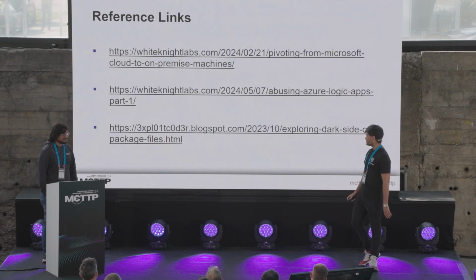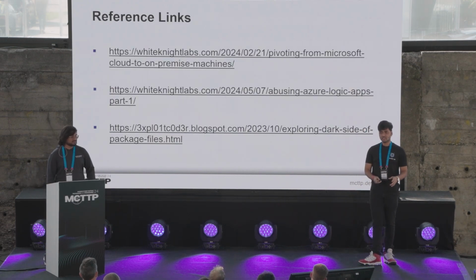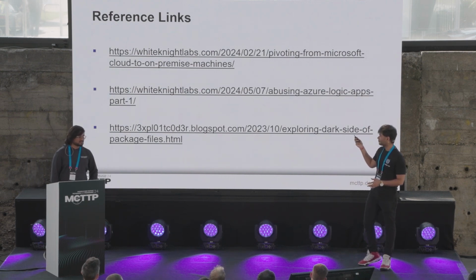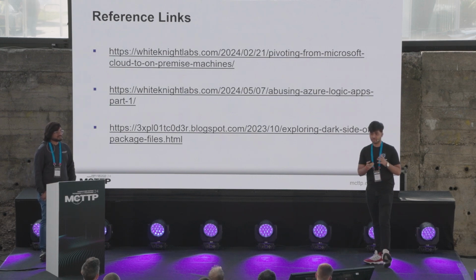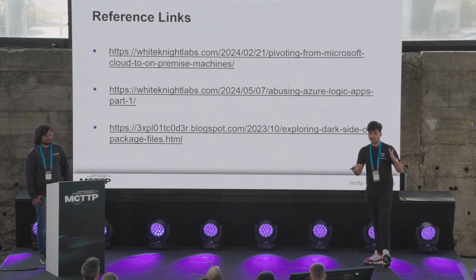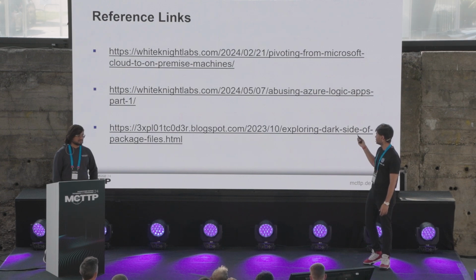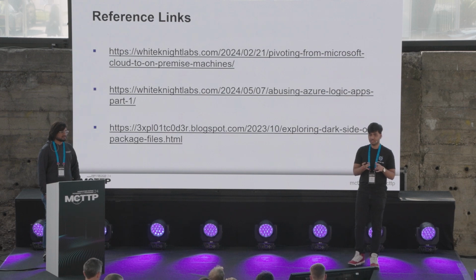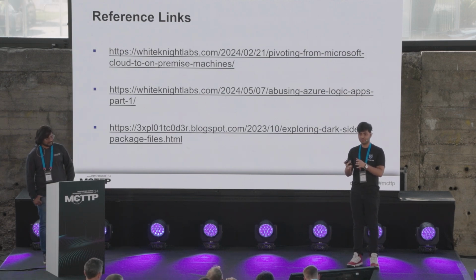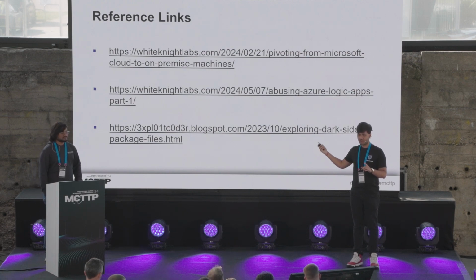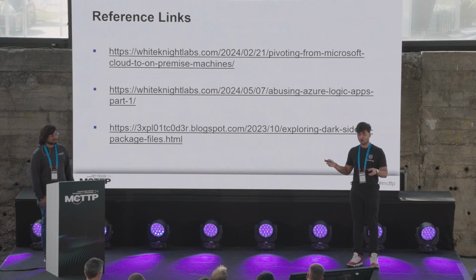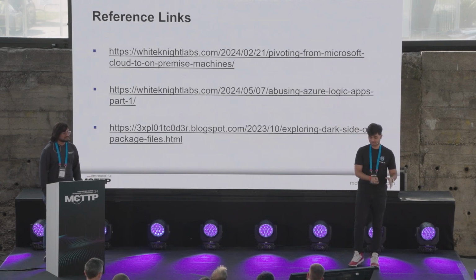And these are some of the reference links. For a few of the attack kill chains, we have blogs as well. The first blog is on pivoting from Microsoft Cloud to on-prem machines. This one is how we pivoted from function apps to on-prem. The second one is on abusing logic apps. This is a blog we wrote on how we use logic apps to make them look like a function app and compromise them from the storage account. If you have a contributor role over a storage account, you can use the storage account permissions to compromise the logic apps and get an RCE over that server.